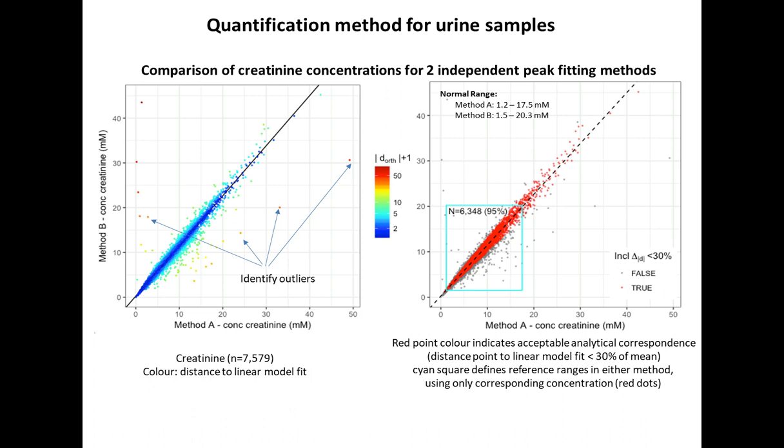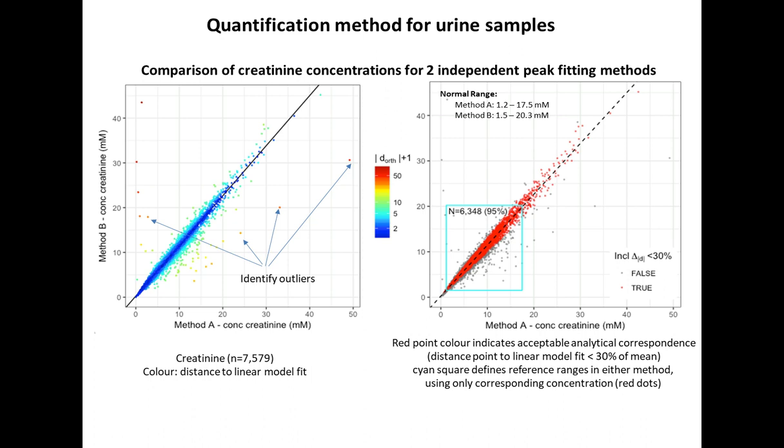Now switching to urine, and we're looking at exactly the same concept. How does quantitation of urine help us? Bruker have a nice quantitative fitting method for urine. Because the Bruker method is not published, it's obviously proprietary, we wanted to test it out against our own method. So Joran Posner, one of our postdocs, developed a method of curve fitting to quantify various metabolites, and we compared it with the Bruker.